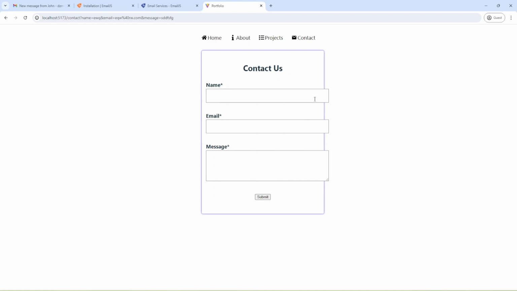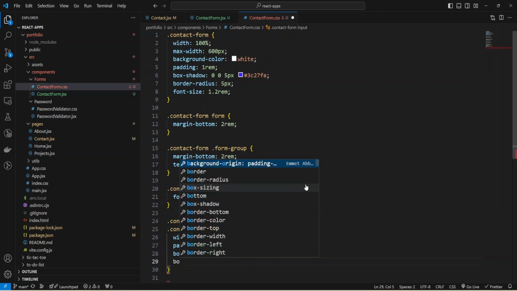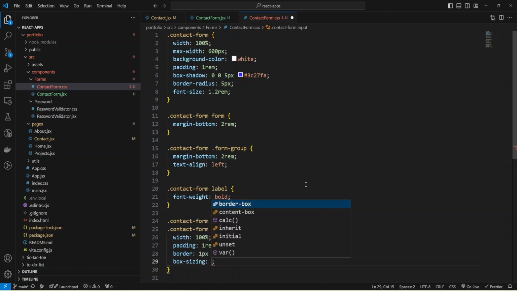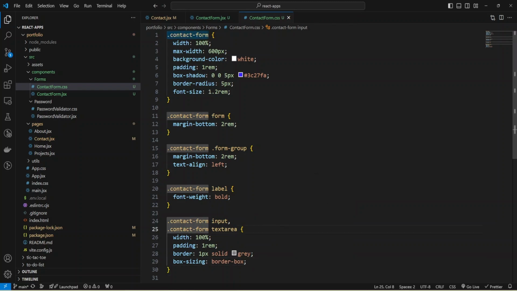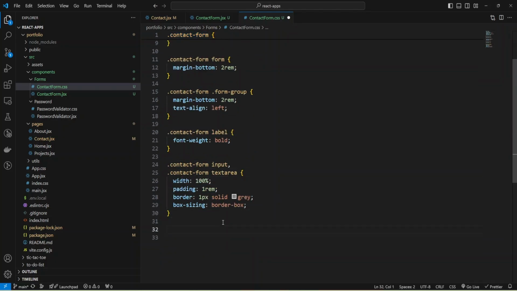Okay, we have our form, but we have extra space outside of our container, and I can fix it by adding the box sizing CSS property, border box, and apply border box to calculate paddings within the width of our container. Let's check, and our styles look good, and now we can provide styles for our submit button. And let me do it.